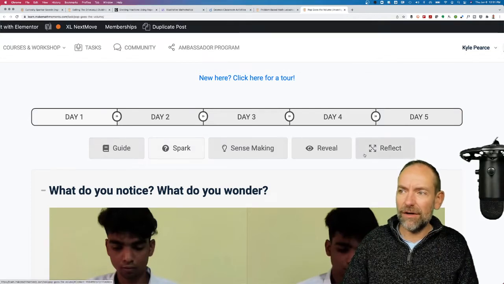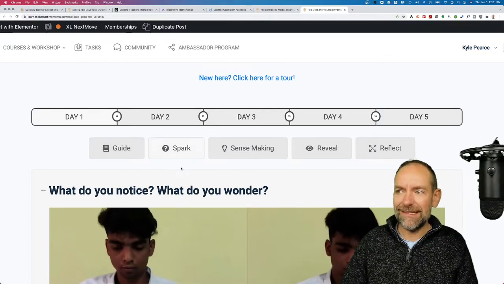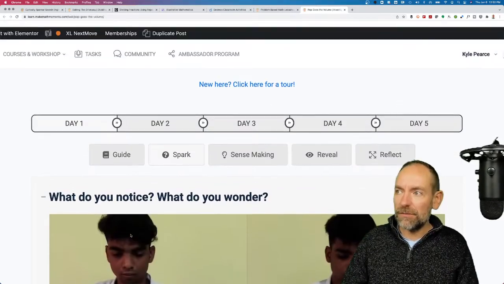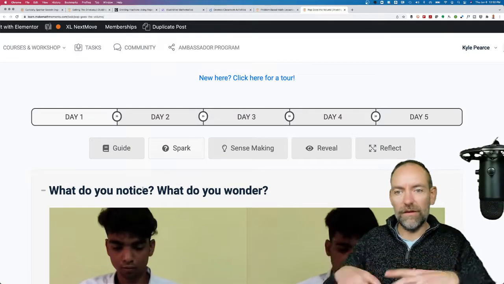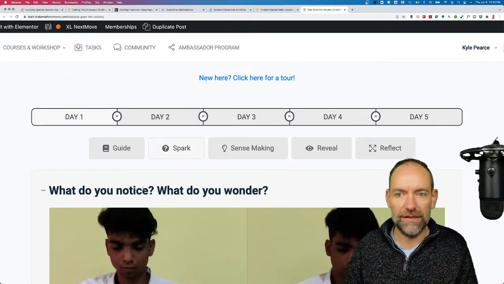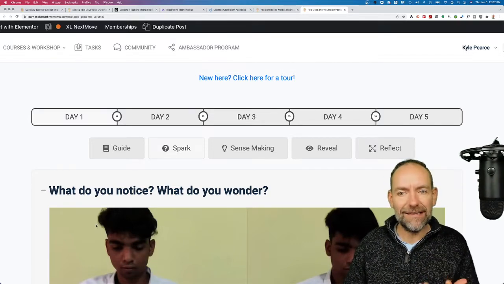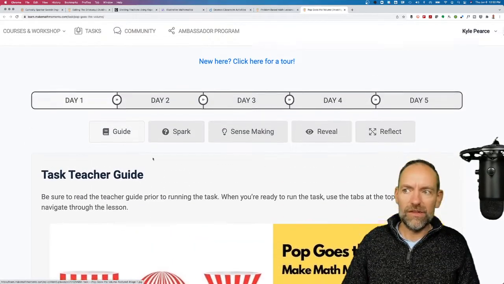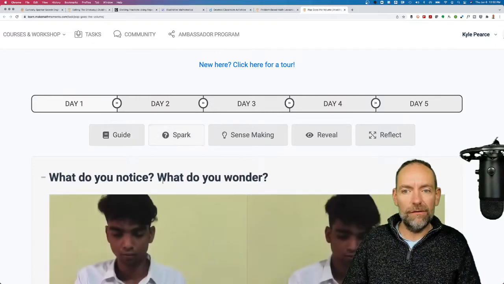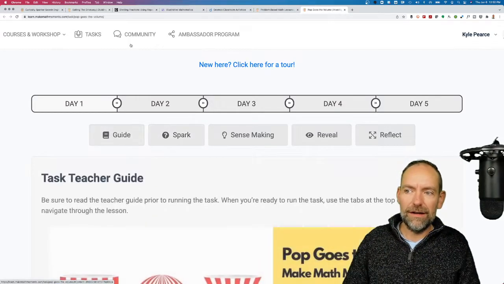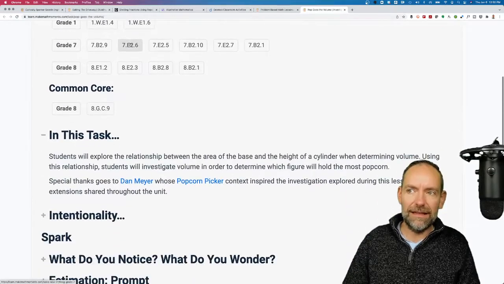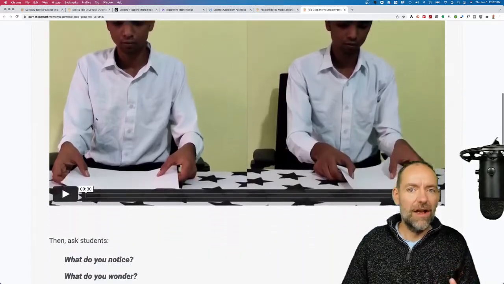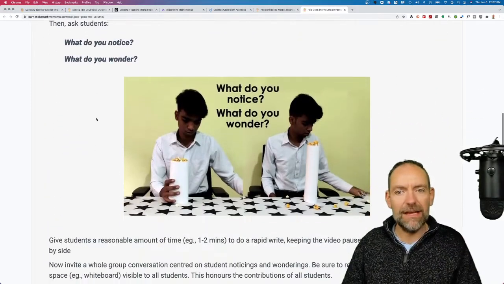You'll see down at the bottom here, here's all of your tabs to work through the lesson. You'll notice we head straight to the Spark tab. This is what students would see. For members, people who sign up for a membership, you can download the full slide decks and all of the extra bells and whistles, but you can run this lesson straight from the web, and you also have a teacher guide to help you out. The reason why we default to the Spark tab is so that if you're running this with your students, none of that anticipation is lost. As you'll see here, this will lead you through, as the educator, on how to run this task, the prompts that you want to be using,